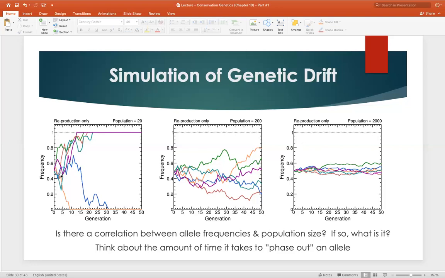One of the things that's important to remember, in this particular diagram, is that we are focusing on the frequencies within a population. And in here, we can see the change in population size, particularly the reduction from 2,000 individuals to 200 and to 20, simulating the effect of genetic drift between each of these populations. It shows the fact that drift does decrease genetic variation over time, and that the smaller a population is, the more drastic or faster that particular